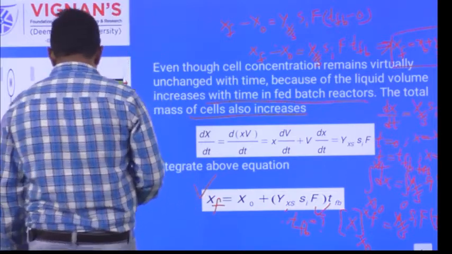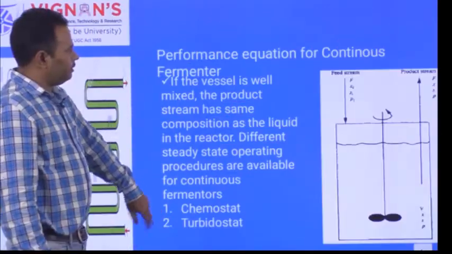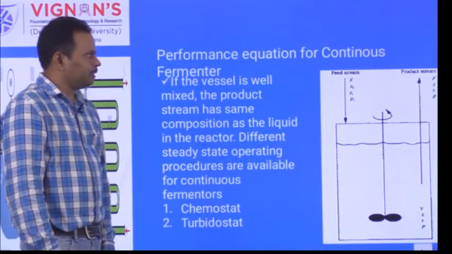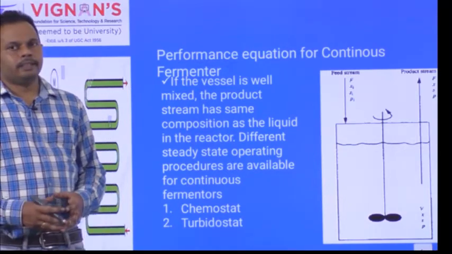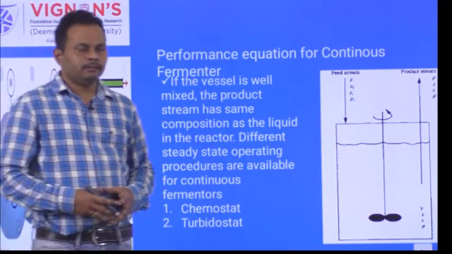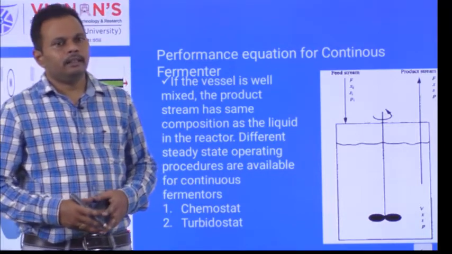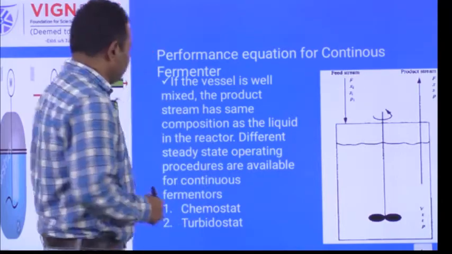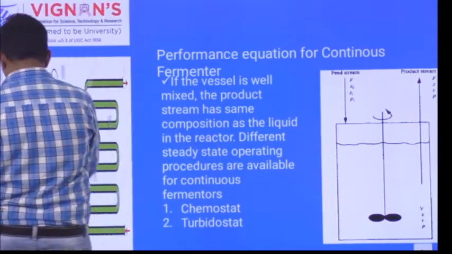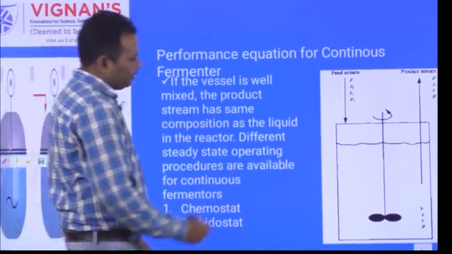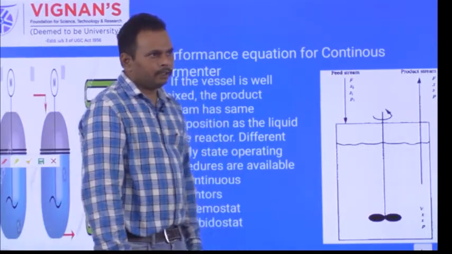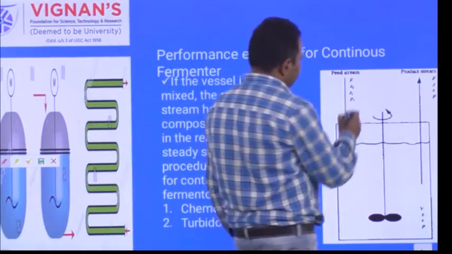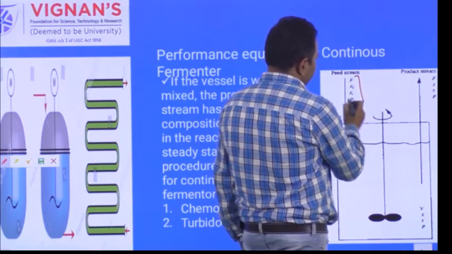Like this, here you can write the performance equations for the continuous fermenter. In a continuous fermenter, we continuously add the feed and we continuously remove the products. So here, this is the continuous fermenter. The feed conditions are similar to the fed batch: F, Xi,